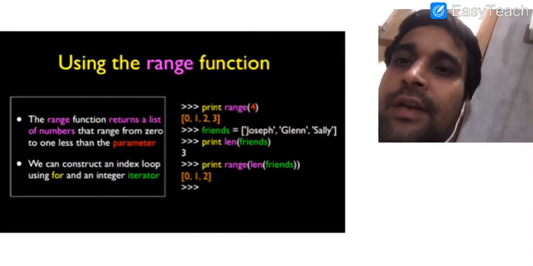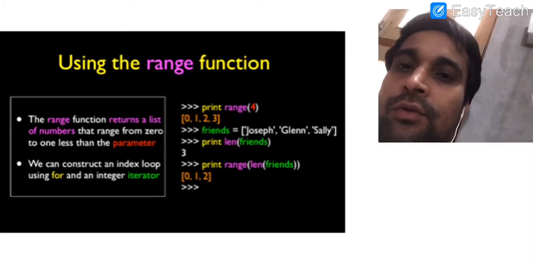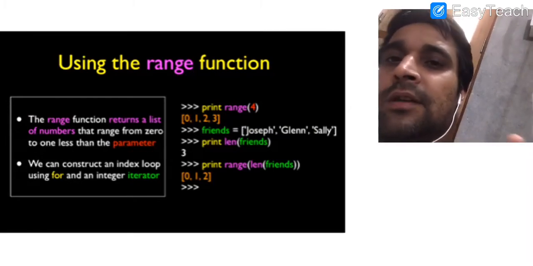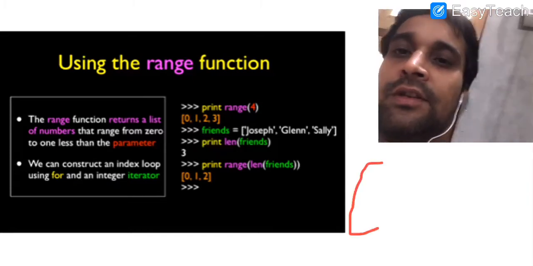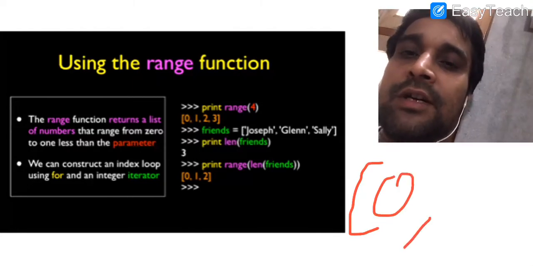Now, using the range function. About the range function, you know that it accepts an argument and returns a list containing the numbers from 0 to the number you passed minus 1.